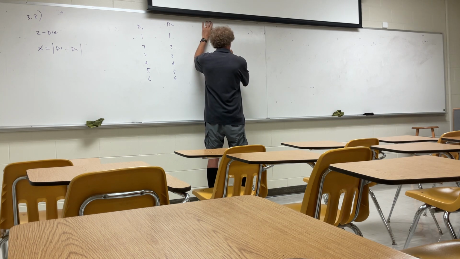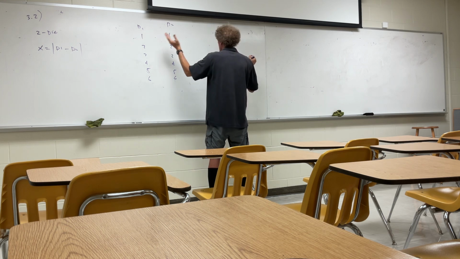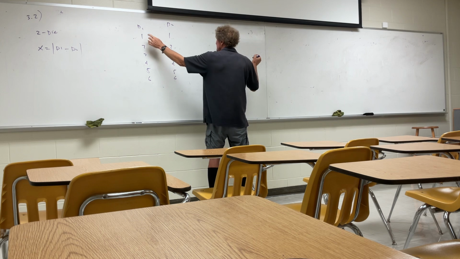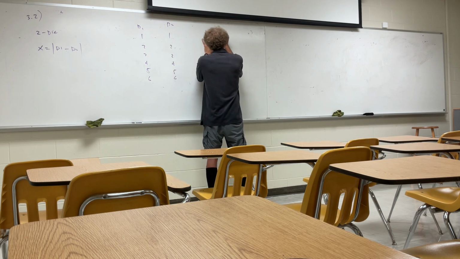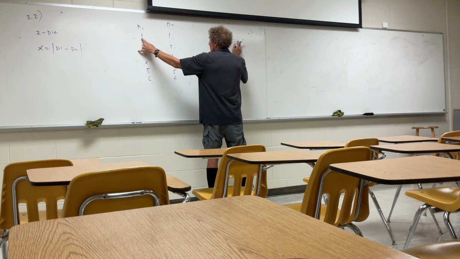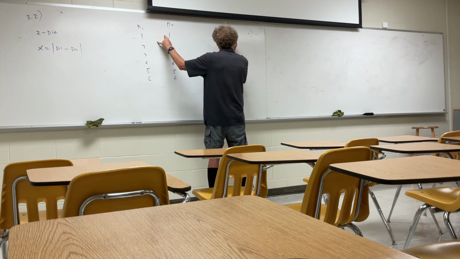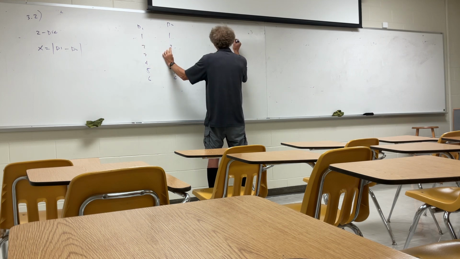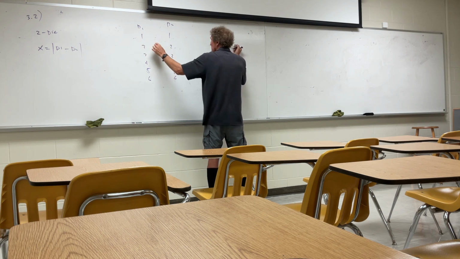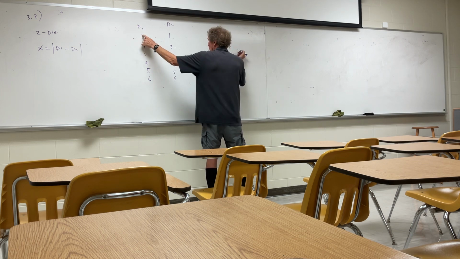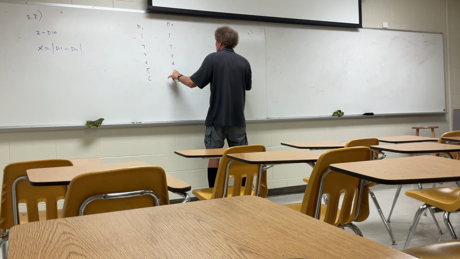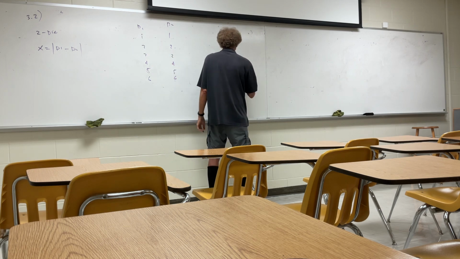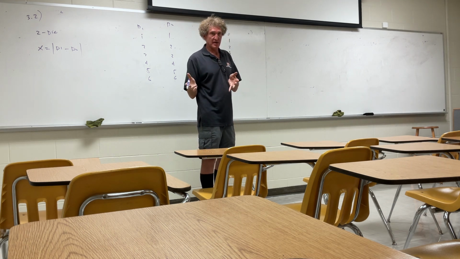If you think about that, you can have for the first roll, the difference in this thing, here to here. Take the difference. So x could be equal to, if you roll a 1 in the first, 1 in the second, you get 0, right? I'm going to go down this way. This is one possibility. 1 in the first, 2 in the second, you get a 1. 1 in the first, 3 in the second, you get a 2. 1 in the first, 4, 3. 1 in the first, 5, 4. 1 in the first, 6, 5, right? I'm just showing you, this is the way I did it.